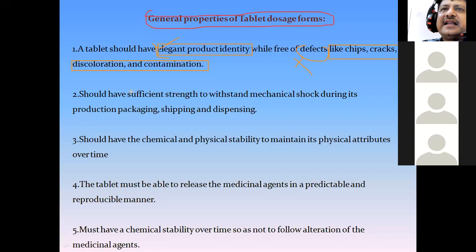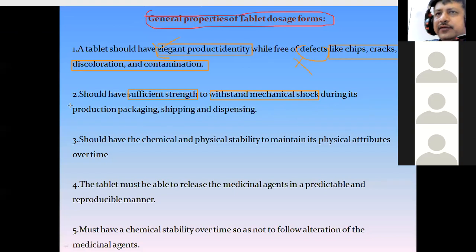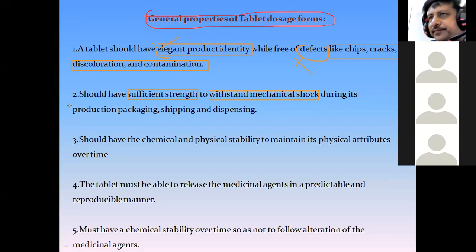sufficient strength. Now why should they have sufficient strength? They should have sufficient strength so that they can withstand the mechanical shocks during the overall manufacturing process. So in the overall process of tablet manufacturing, even till it is finally packed into the containers and when it is going to be dispatched from the production unit. So for this reason, the tablet dosage form should have